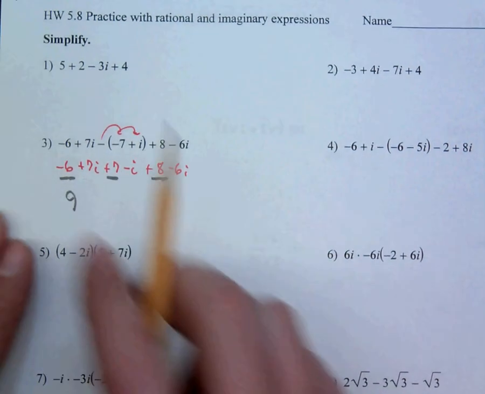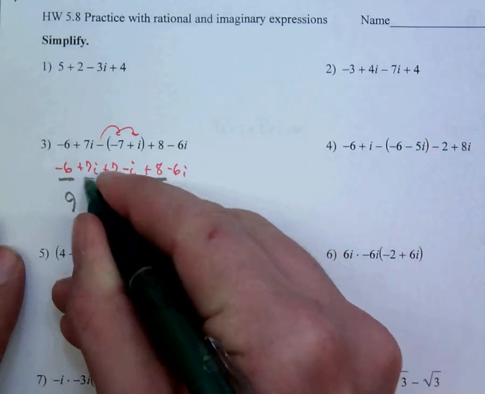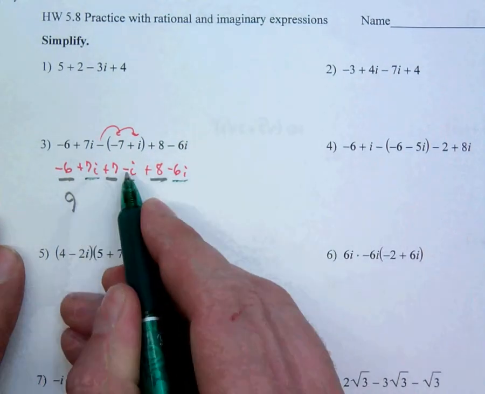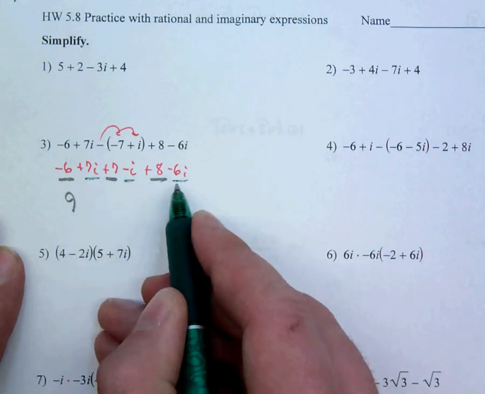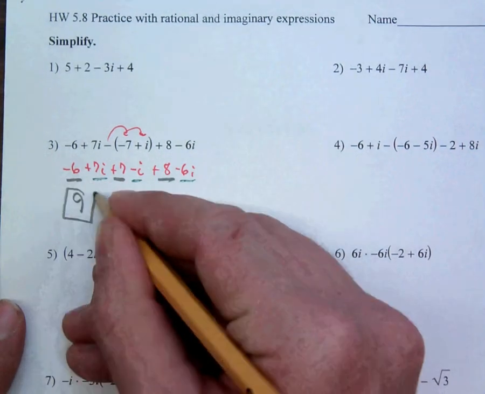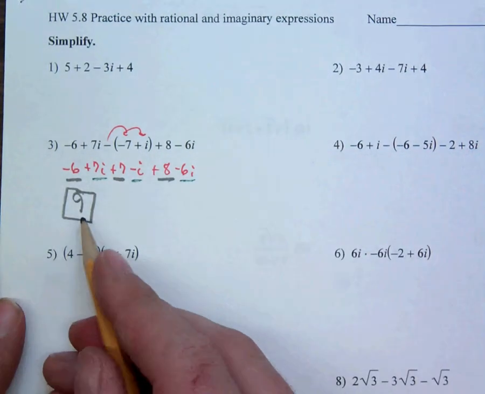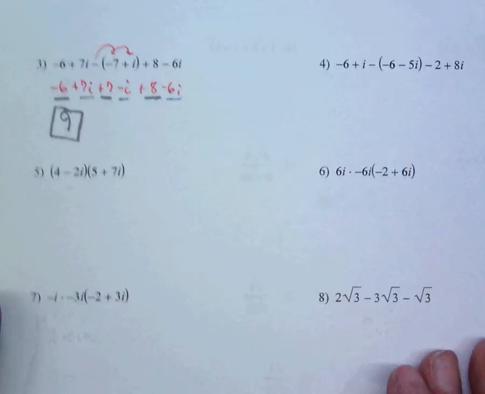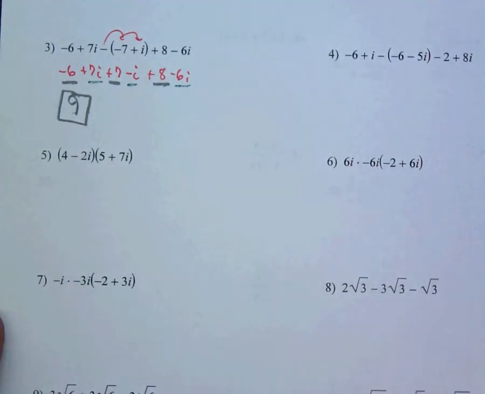Then we can combine our imaginary part. Our imaginary part is 7i minus 6i. 7i minus i is 6i. 6i minus 6i is 0. So the answer is just 9. There is no imaginary portion. Usually we put our real part plus the imaginary part at the end. Okay. Let's look at a,